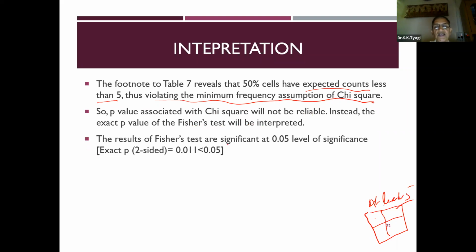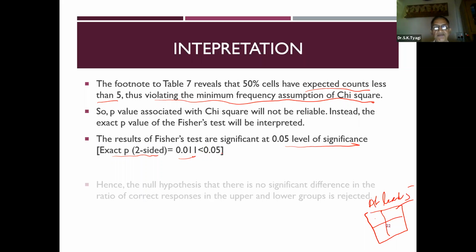The result of the Fisher test is significant at the 0.05 level of significance because the exact p-value is 0.011. It does not give the test value. It gives you directly the significance value, which is 0.011. It is at the verge of 0.01, but it is less than 0.05, therefore significant.